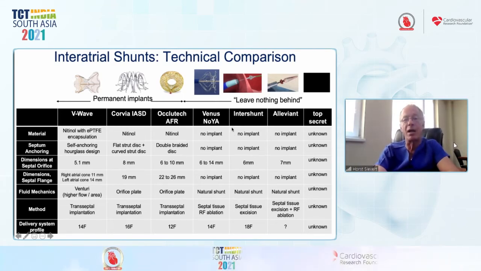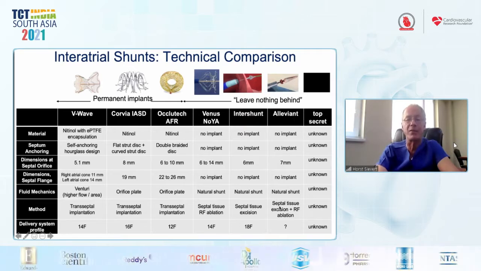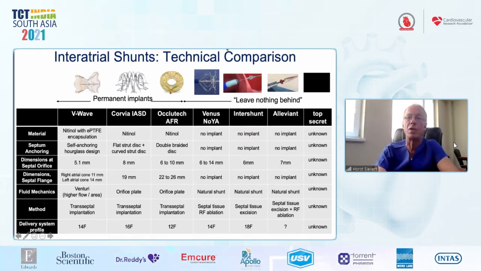And then there are other devices which do not leave a device behind. There's, for example, the Venus Neuer system, which is currently in a clinical trial. They use radio frequency to ablate tissue. Then the Intershunt and the Leviant are cutting devices which remove tissue in order to create an intra-atrial septal